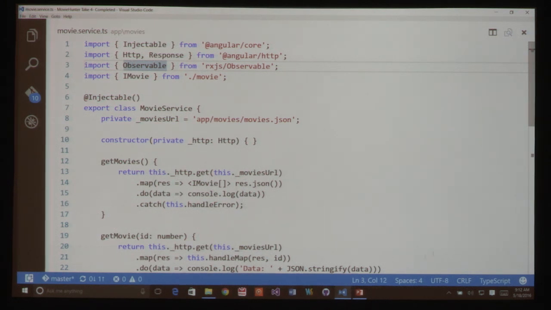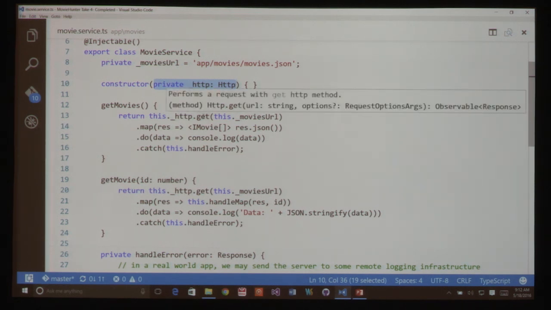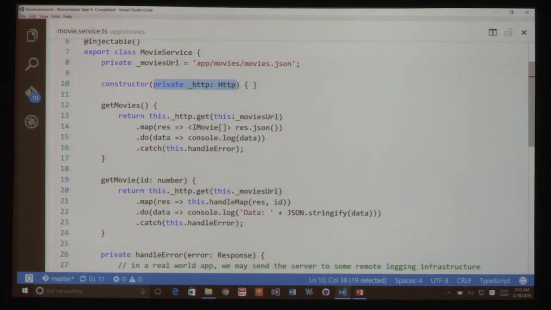So here I'm injecting HTTP in. So there I'm injecting in the HTTP service that Angular is providing me. And then here is my new get movies. I'm calling this underscore HTTP. That's my private variable .get. So this is my HTTP get. Here's my URL.